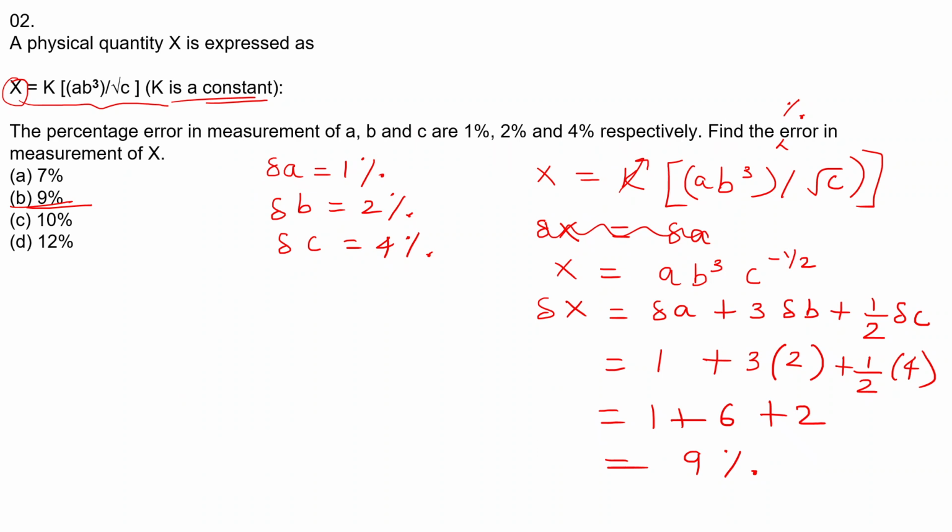Okay, so these were the things that you need to understand for error analysis, because there are questions based on this in your first assignment. So this is how we deal with error and combination of error, and these were the 2 examples. So I hope you guys have understood. If you have any question, you can ask. Otherwise we can move to the next concept that was